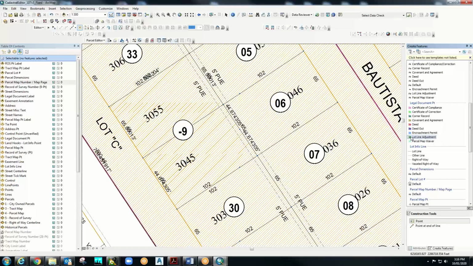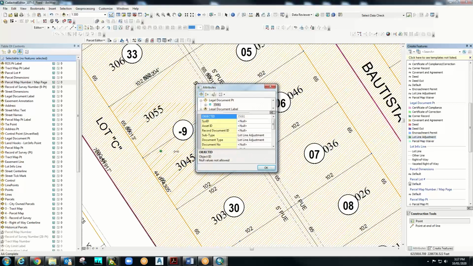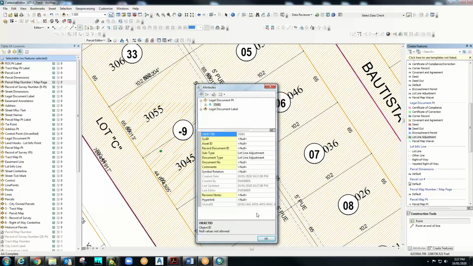So, lot line adjustment, yes. No, just click that. That means you selected your template, right? You selected it, and now get on the screen, and wherever you want to place the briefcase, you can place it. And this comes up if it's not easy for you to, yeah, you can do that. And then at the document number,